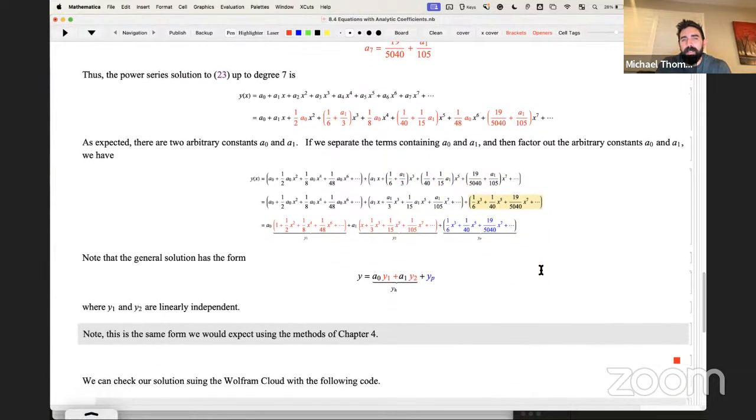What you'll notice is if I take these and factor out all the A0s, take these and factor out all the A1s, and then leave this left over on the end, what I've got is a constant times y1 plus a constant times y2 plus this other function. This is what we're expecting. If you remember, a solution to a nonlinear equation is going to have this form. Remember from chapter,